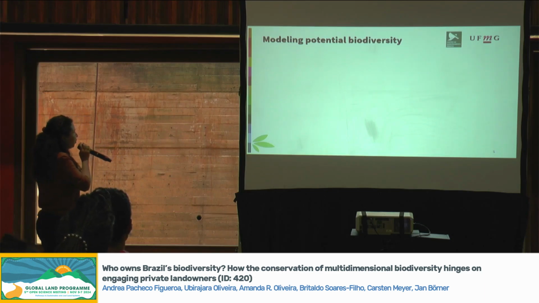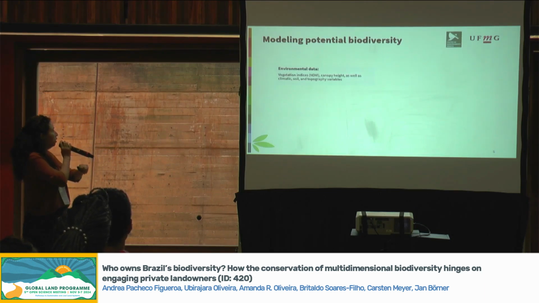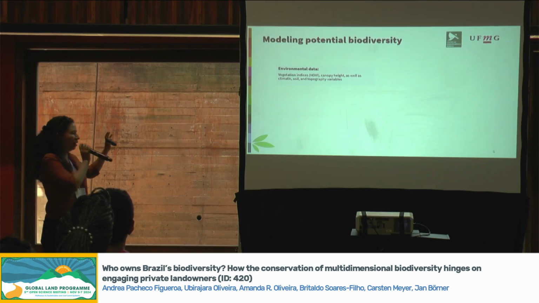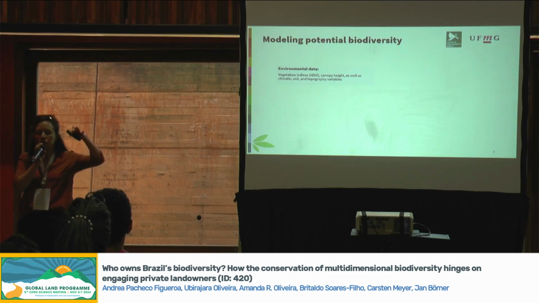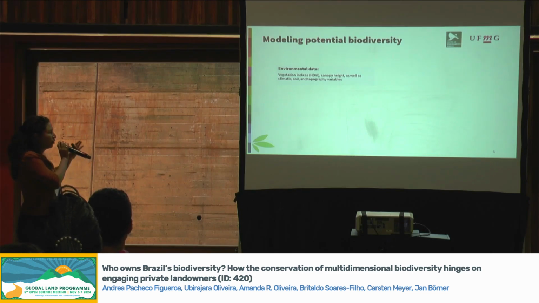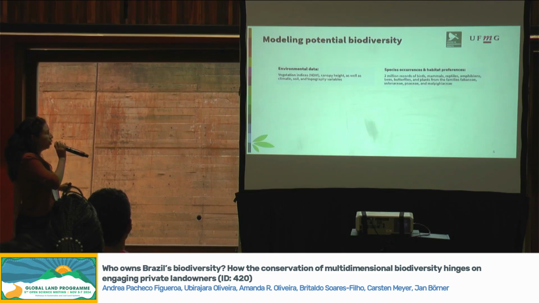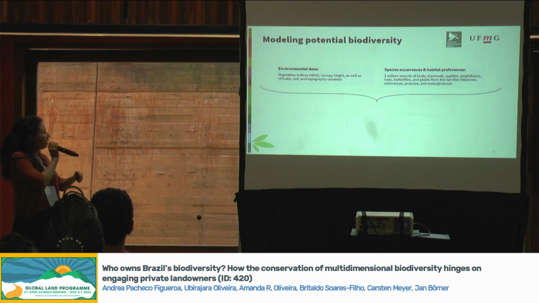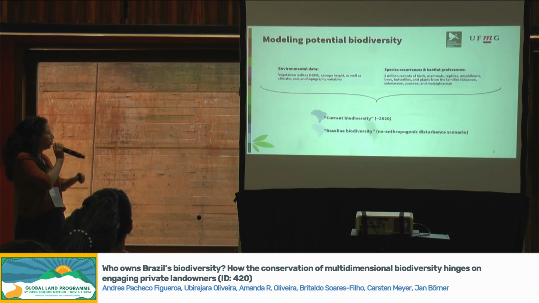And with them, we have done this pairing of environmental data, which includes vegetation indices, as well as canopy height to get at structure, climatic, soil, topographical variables, and we've paired these with species occurrences and habitat preferences data, which includes over 2 million records of all these plant and animal species. And by pairing these data, we are able to